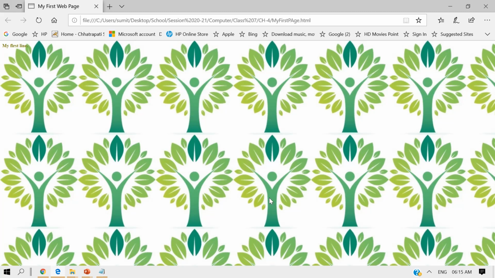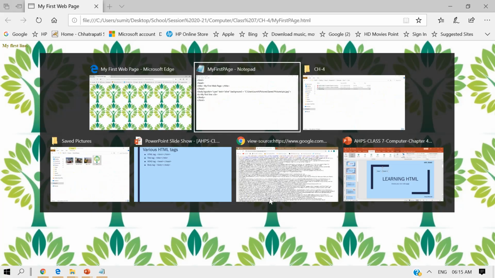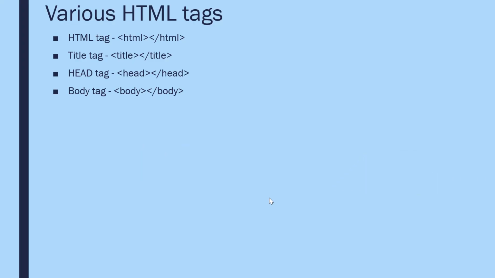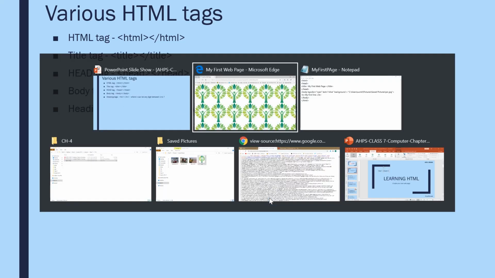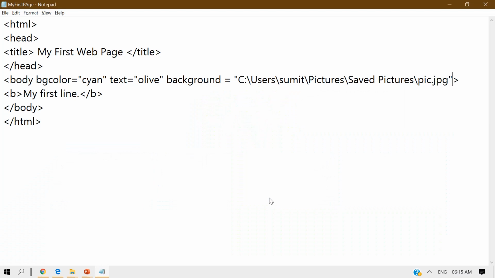Now let's go ahead. So the next one we have in our list is heading tags. Heading tags are HN close HN. So N where N is a number between 1 to 7. So suppose I take H1. So how should it look? So here